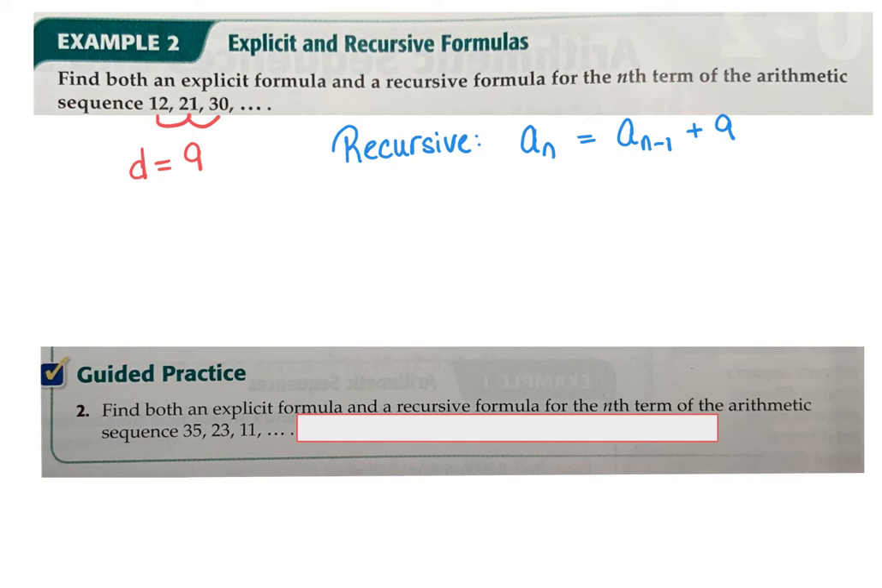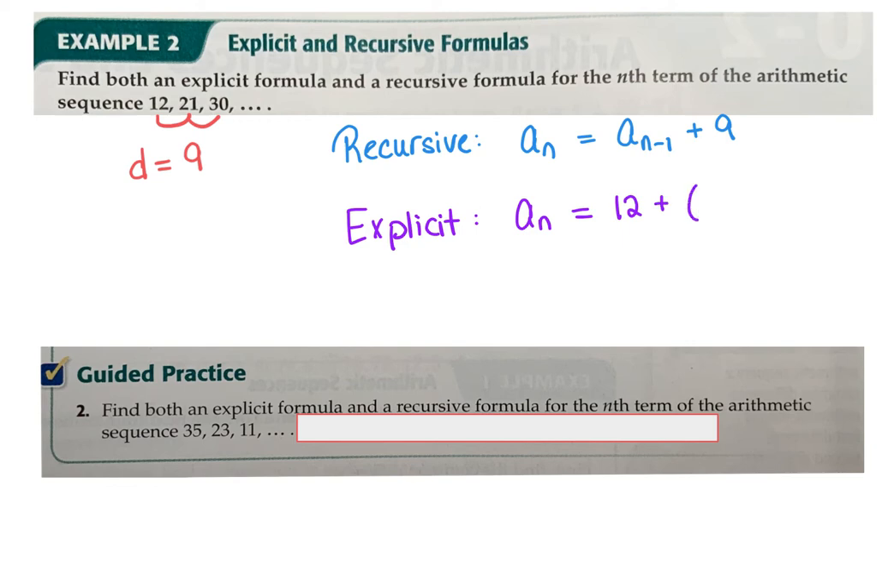If I want explicit, meaning I don't want to use the term in front of it, I want to be able to find any term in the entire sequence at any time, that's going to look a little bit different. So for explicit, I'm going to say, well, a sub n is going to be my first term. And what's my first term of this particular formula sequence? 12, my first term,